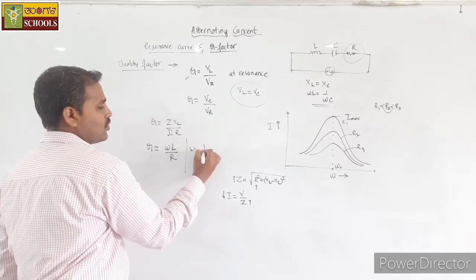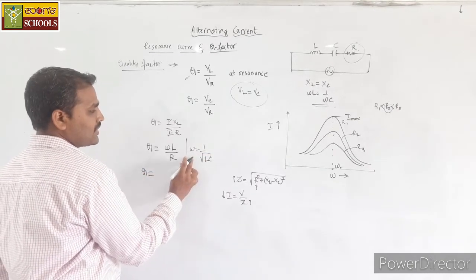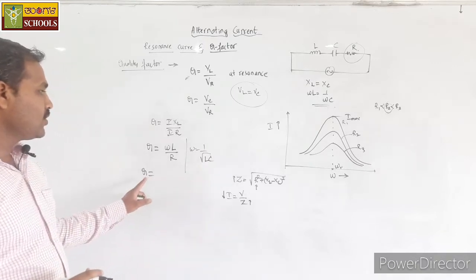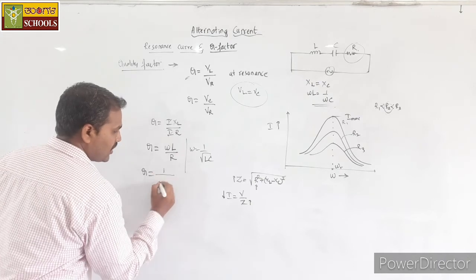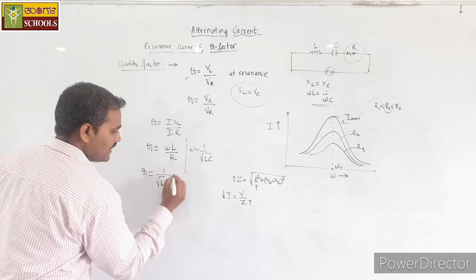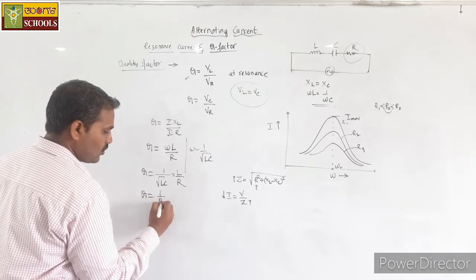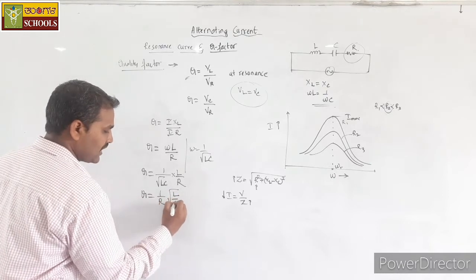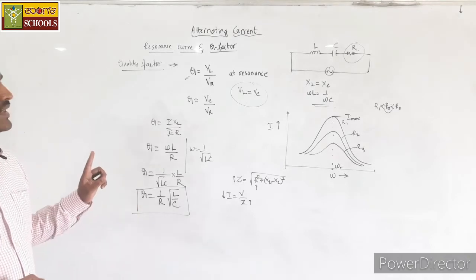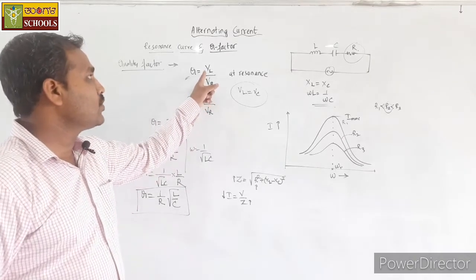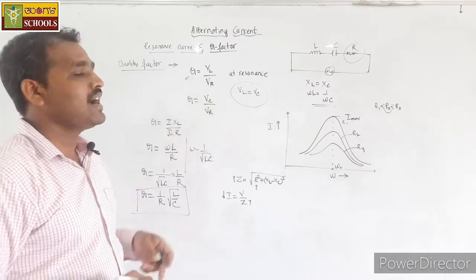Omega is equal to 1 divided by square root of LC. Let us substitute that. So at the value of resonance, I can write Q is equal to 1 divided by square root of LC into L divided by R. After simplifying this, I will get it as 1 divided by R square root of L divided by C. This is the expression for quality factor. Yes, it is the ratio of the voltage across inductor or capacitor and the voltage across resistor at a resonance